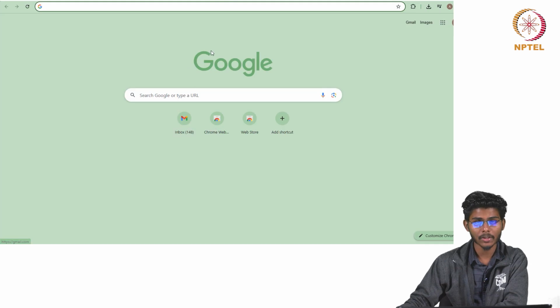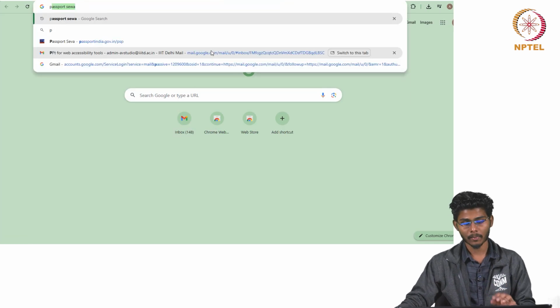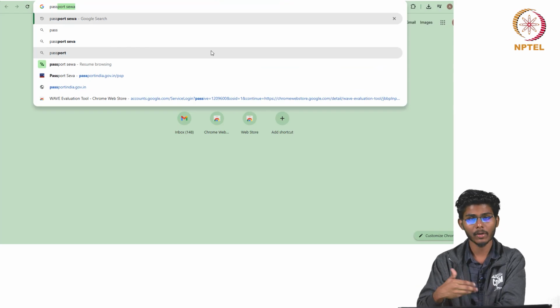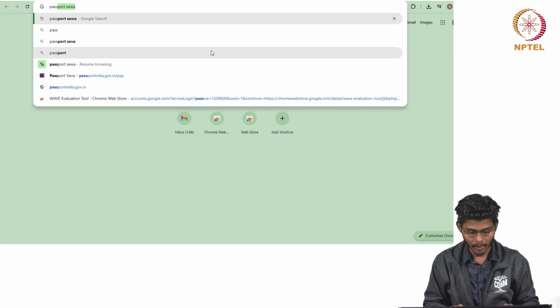After installation of the extension, we can take any portal. For example, we will choose the Passport Seva website, as it has many challenging elements in the interface UI design.